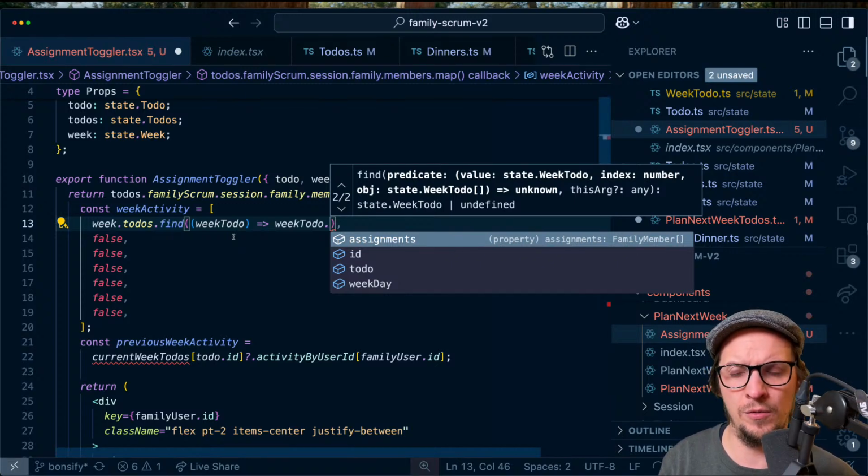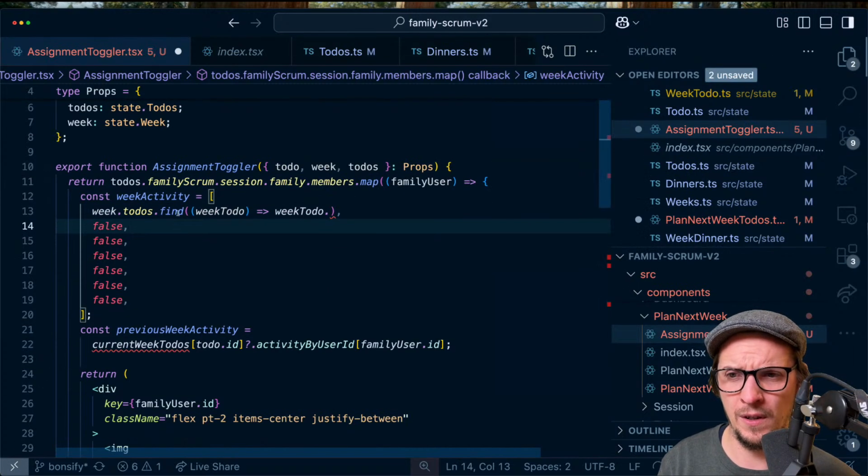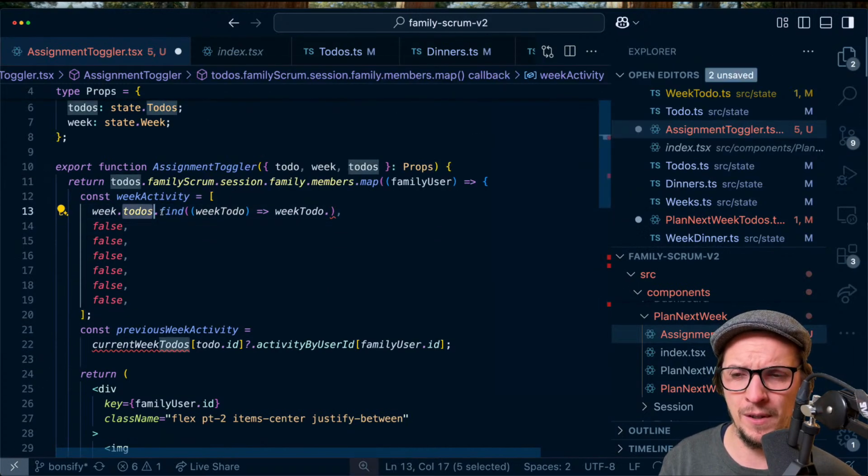It should be able to, but this isn't easy either. If I want to know whether a specific family member on a specific day has been assigned to this to-do,